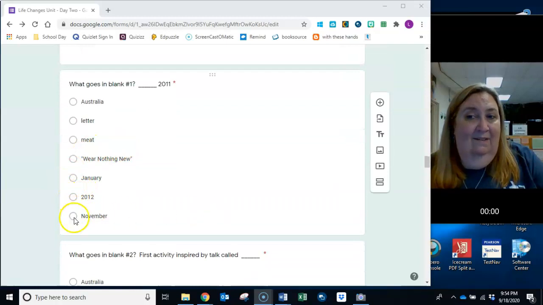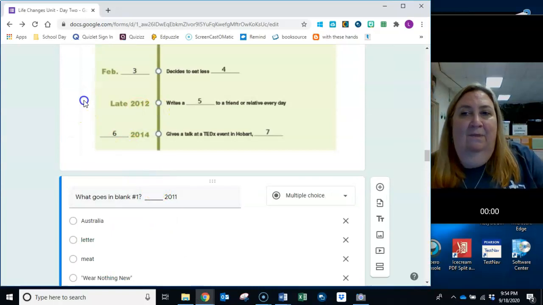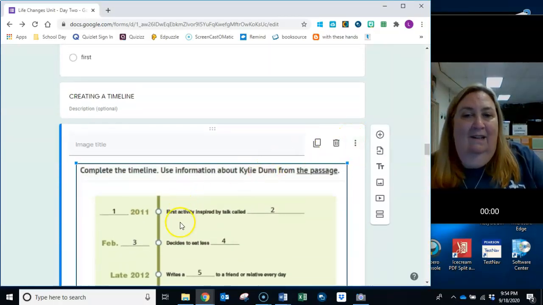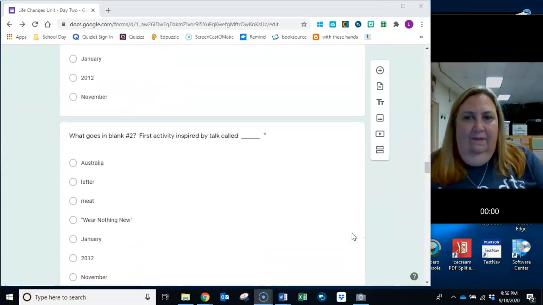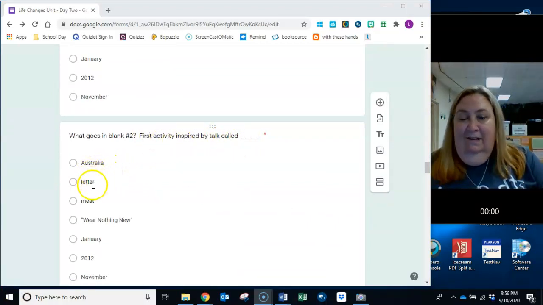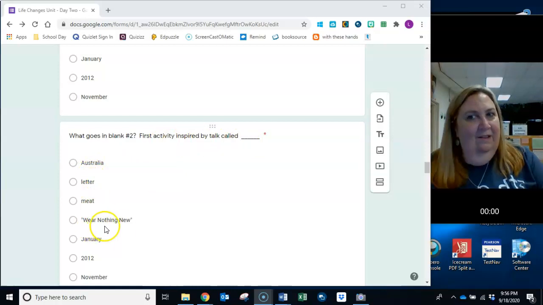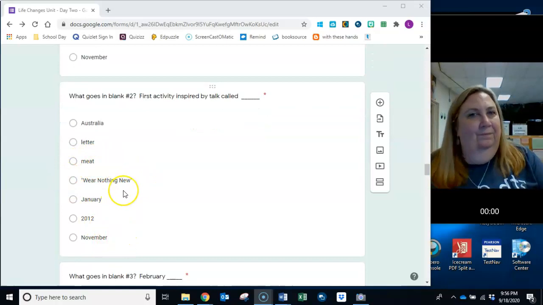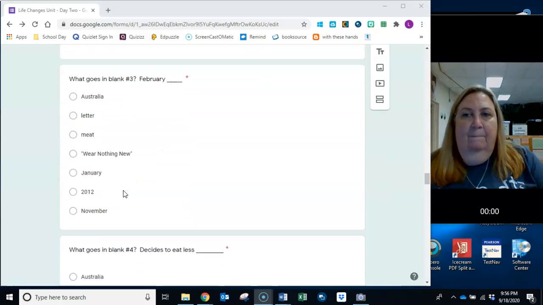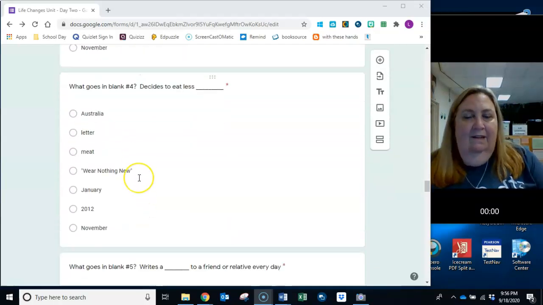November of 2011. So I'll choose November there. And then what goes in blank two? Let's go back and see. The first activity was inspired by a talk called Australia, Letter, Meet, Where Nothing New, January 2012 or November, Where Nothing New. So I think you see how to fill in those blanks. It's not as tricky as it first looks. So you're going to do that for every blank,